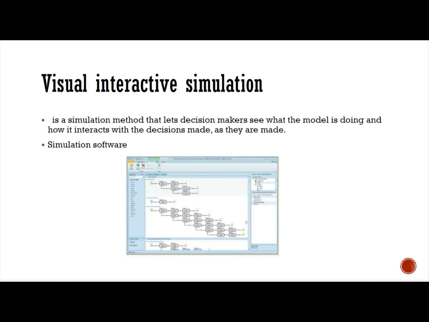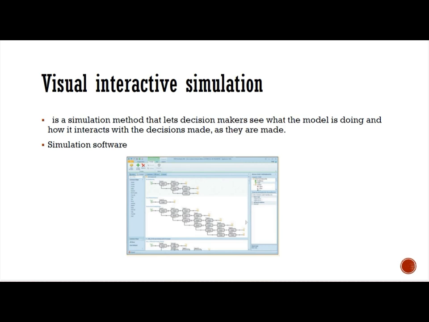Visual interactive simulation. We next examine the method, conventional simulation inadequacies. Simulation is a well-established, useful, descriptive, mathematics-based method for gaining insight into complex decision-making situations. However, simulation does not usually allow decision makers to see how the solution is complex to the problem. Visually